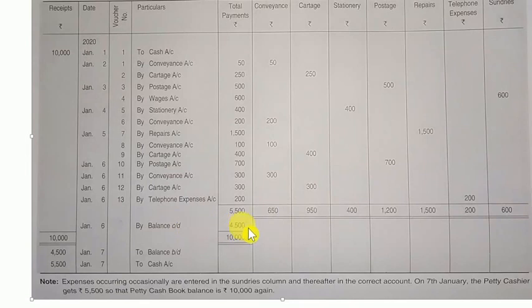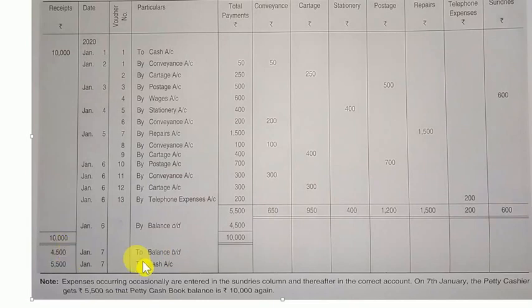And at the completion of this week we'll do the balancing, that means by balance carried down, that is 4500. That means 10,000 we received from the head cashier at the beginning of the week, and at the end of the week the total expenses incurred is 5500, and the balancing amount is 4500 in the hand of the petty cashier. Okay, so this balancing figure is transferred to the next opening day of the week, that means on 7th Jan, to balance brought down